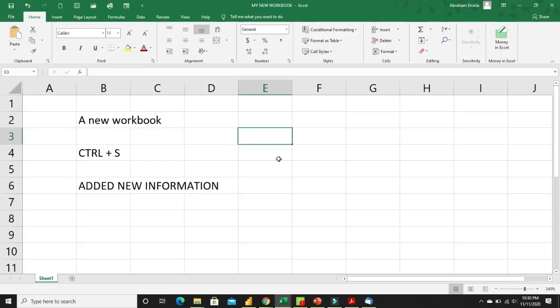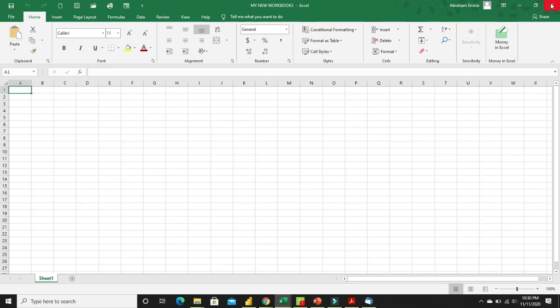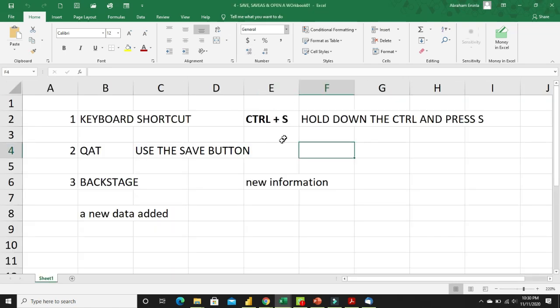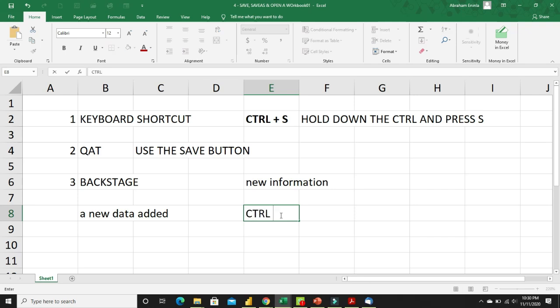But if a file is existing and you want to open it, the file has been saved and you want to open it, the way to open an existing file is you can use these three options. You can use a keyboard shortcut. The keyboard shortcut for open is Control O. So when you hold down the Control key and press O,